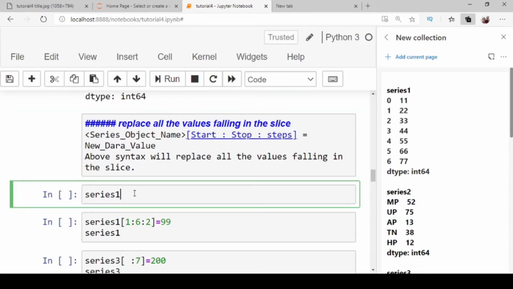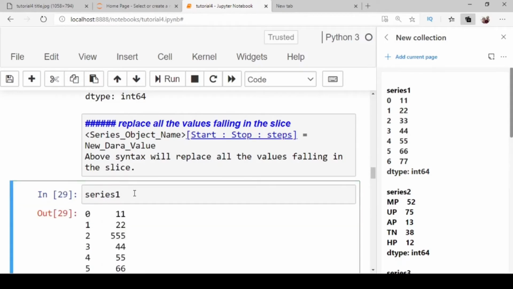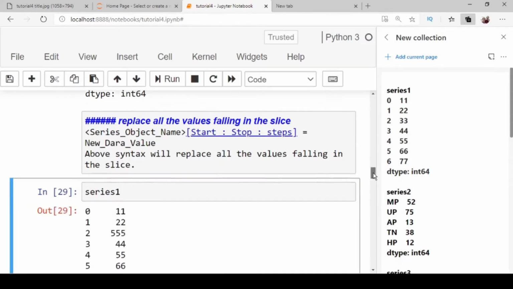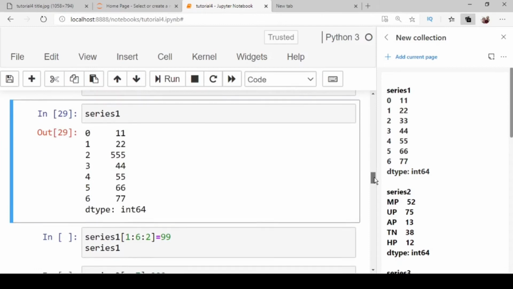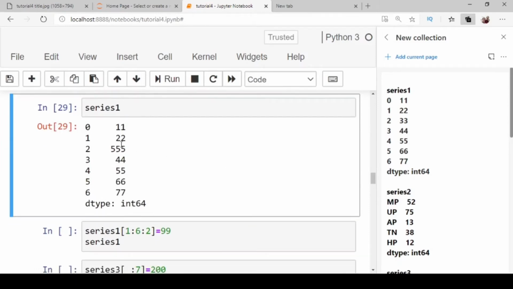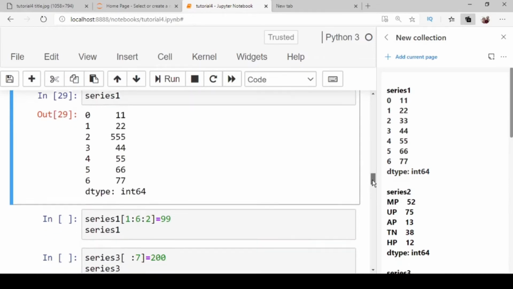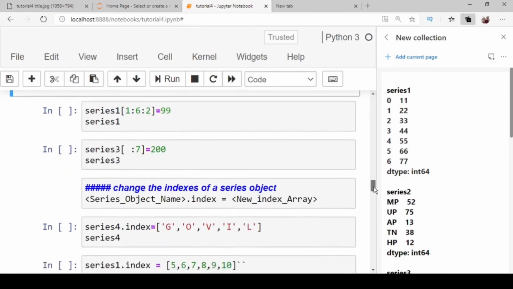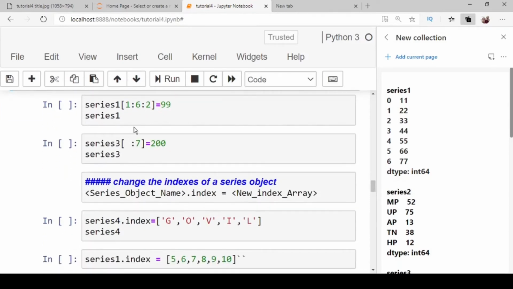First see the contents of series 1. Its contents are 11, 22, 555, 44, 55, 60, 77. Now series 1[1:6:2] is equal to 99, and then series 1.